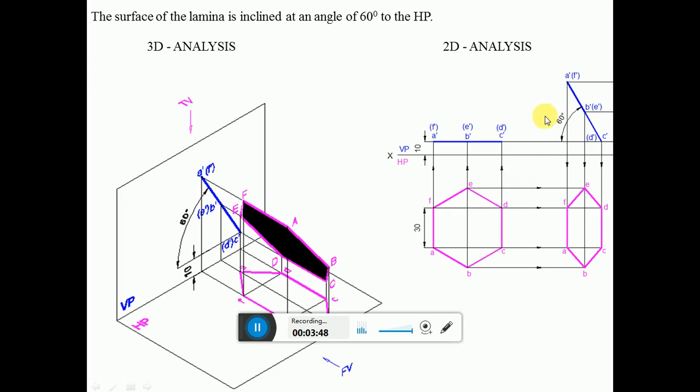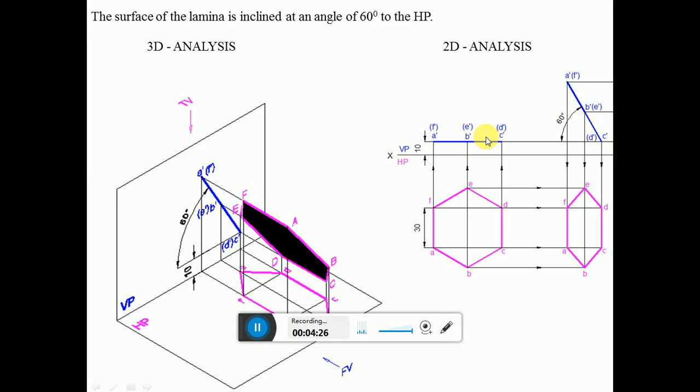Now this is the two-dimensional analysis, wherein first we draw from the XY line at 10 mm and start creating the drawing here. Then consider any point here, at some distance from this point. Then draw a line inclined at 60 degrees. Measure the length from C dash to A dash. From C dash you cut an arc to transfer the points C dash D dash and A dash F dash. Then similarly measure the distance from C dash to B dash. From C dash you cut an arc to get this point, B dash E dash.